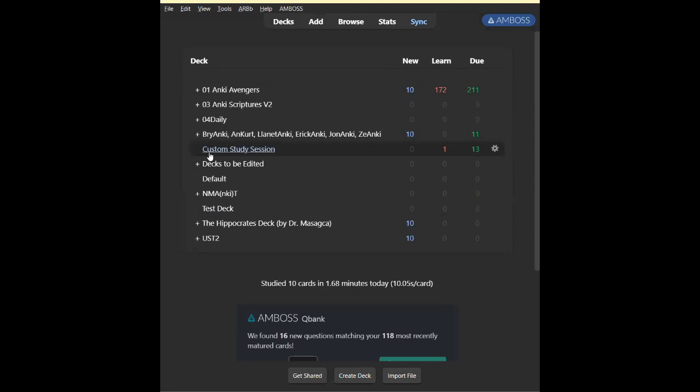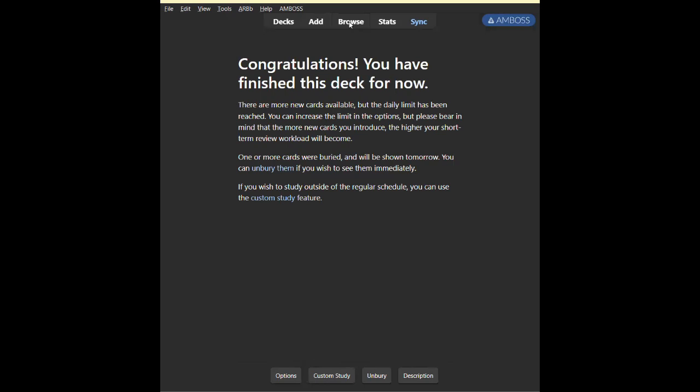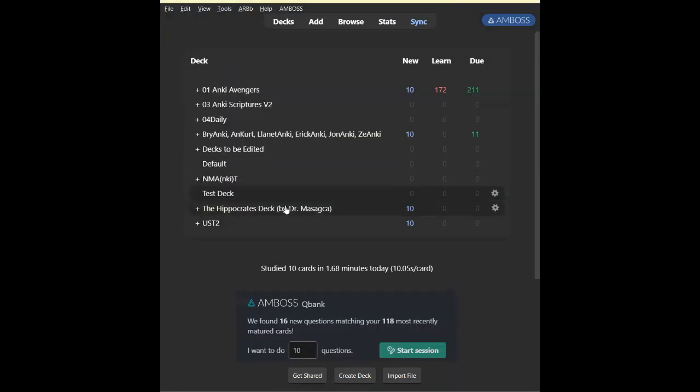Before I do that, as you can see here, this custom study session appears here. It creates its own deck. So basically, the custom study session came from the test deck. As you can see here, it became 000 now. What basically happened is this custom study session took the cards of the test deck for you to study for yourself. If, for example, you're done with the custom study session, you can delete it. What happened to the cards? You don't delete any cards, don't worry. All the cards are still here. See? So the cards will just go back to the test deck.